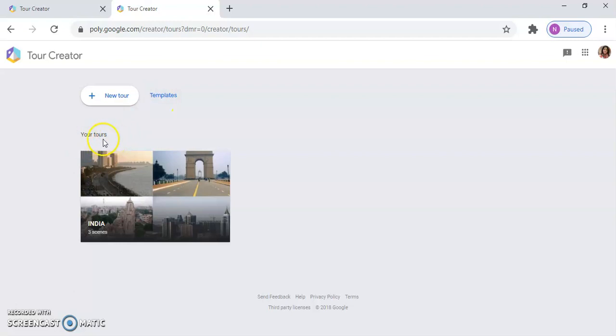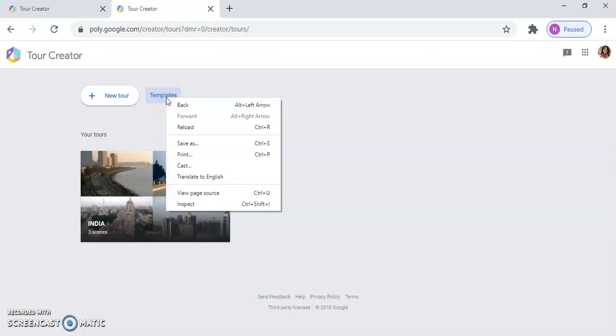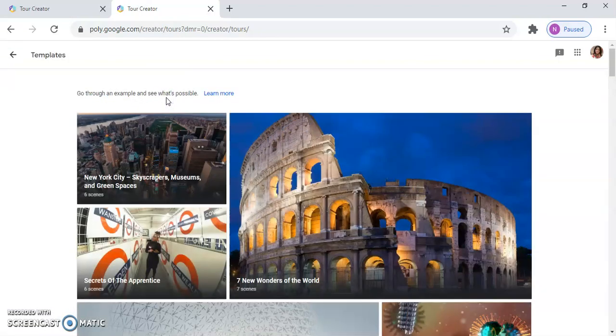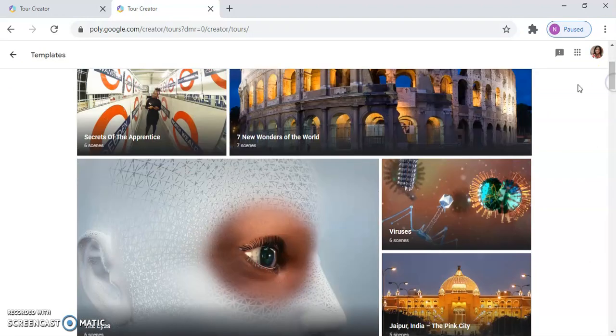Now, in your tours, you can see I have created a tour named India, having 3 scenes. Now let us have a look at the different templates which are available in the Tour Creator. Here you can see that there is a tour of 7 wonders of the world having 7 scenes.